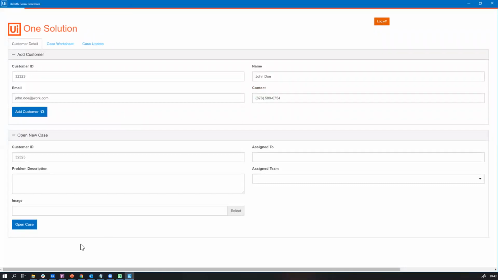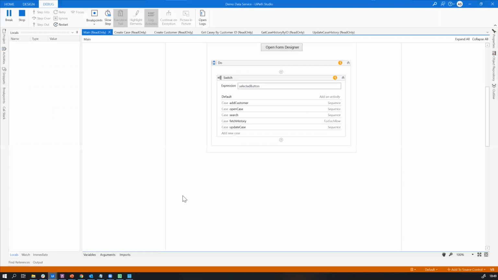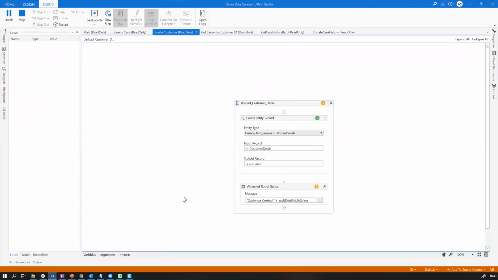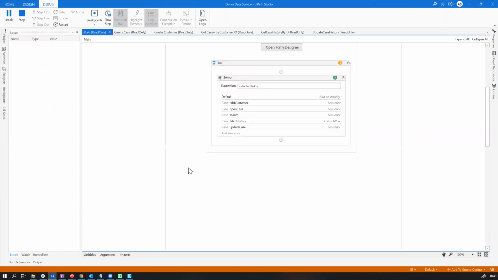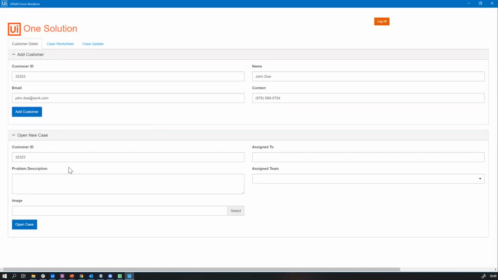So right now my process should be running, and it is going to create the entity, the customer record into the entity, customer details entity that is already there. This is completed. That means I will be able to work in here again. I can open this particular case and assign it to somebody within my team. Let's say